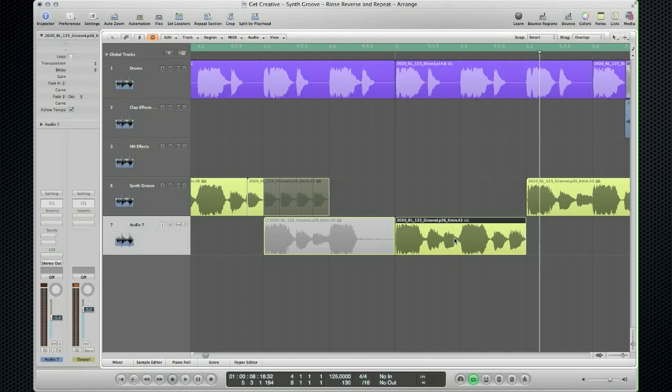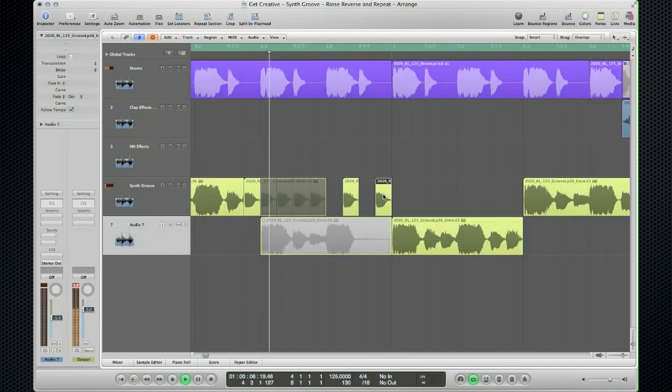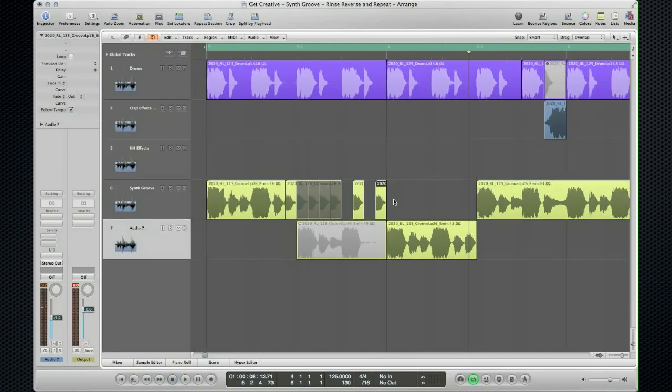Again, everything here that I'm showing you is not really verbatim. Just take it as you may and say, hey, oh, I can cut there. Oh, I can take there. And obviously you're going to create different things as you go along. So let's see here. I'm going to take this again and create a little groove here. So I'm going to put that in there and create another one here. That sounded kind of cool.